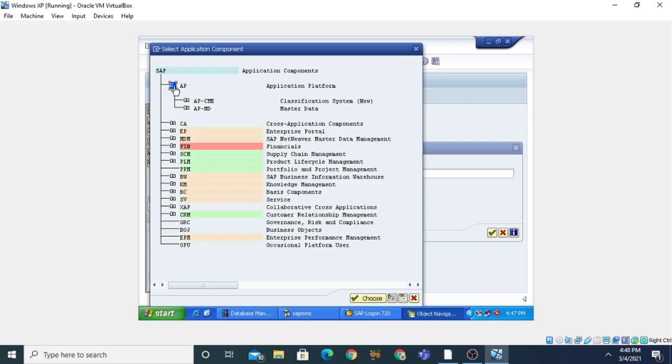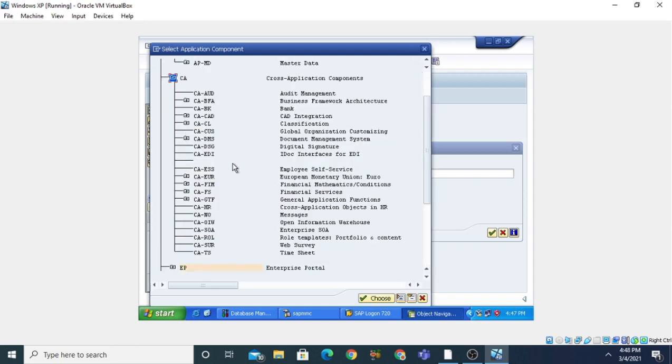You can explore it, and either select it for the master data or classification system. You can select the AP here, or you can also choose the CA, that is called cross application component. That depends upon which type of application you want to create. In my case, I'm going to select the CA and then click on the choose button.